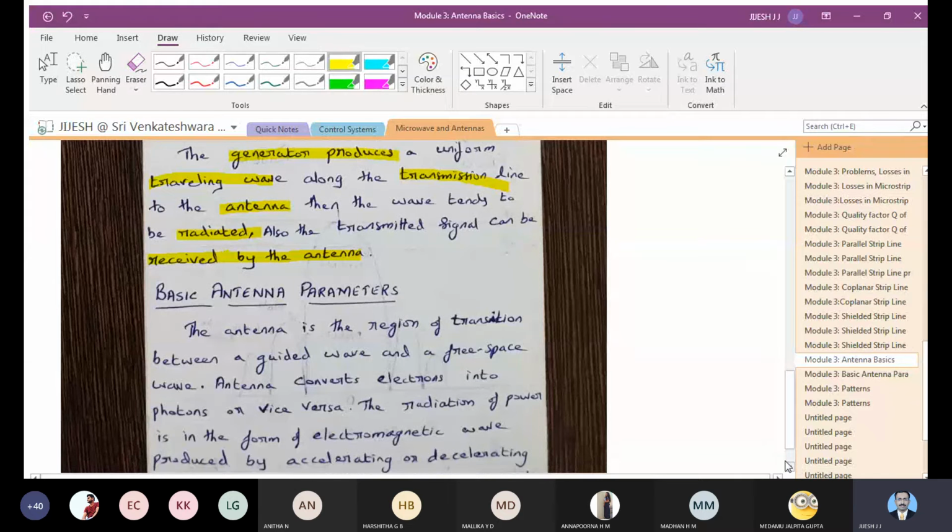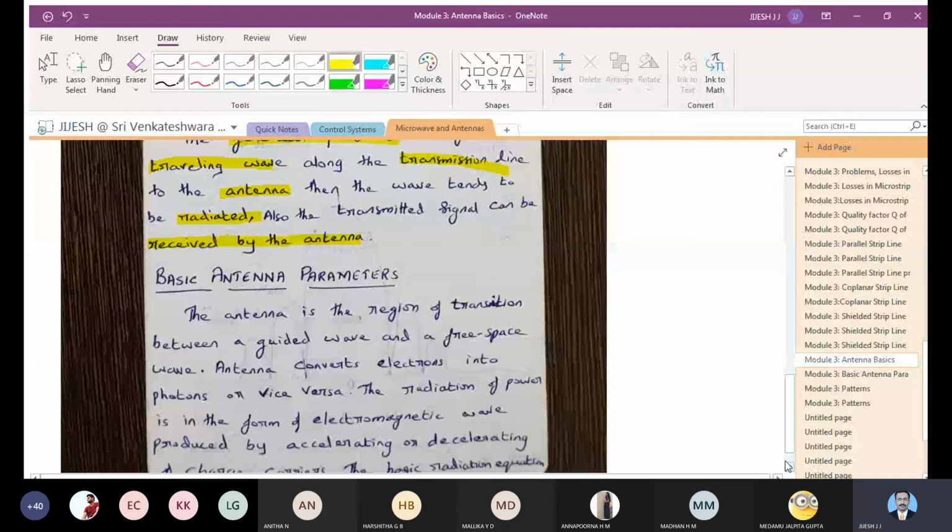So write down the first topic of this antenna part, that is basic antenna parameters. Sometimes they will ask you to write the basic antenna parameters, or they may specifically ask to write some of the parameters like pattern, directivity, beam area, beam efficiency, height of an antenna, all those things. So effective length, what do you mean by field zones? Those things we'll be studying. Those all put together is called the antenna parameters.